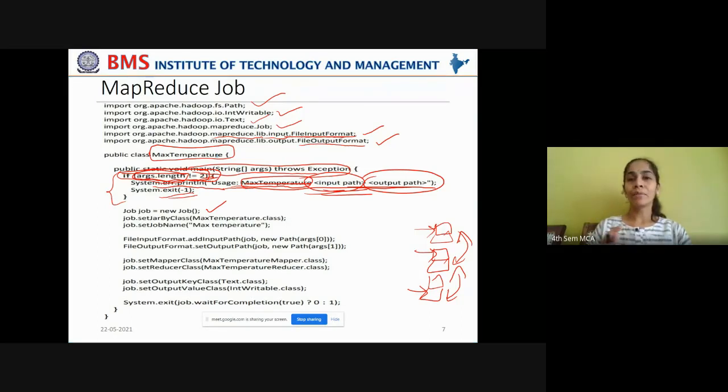framework. Now remember, MapReduce can run hundreds of thousands of such multiple jobs, right? But here we are trying to learn how one single job can be created. So initially you have to create a job instance. See, Job is the class. This job is the object which is being created as a new instance of the Job class.